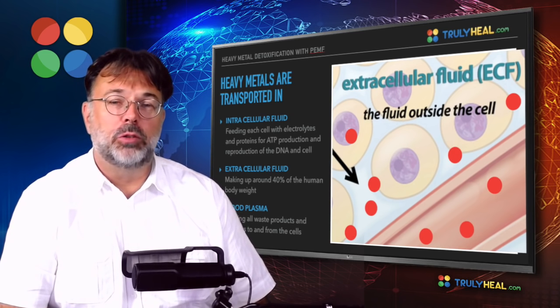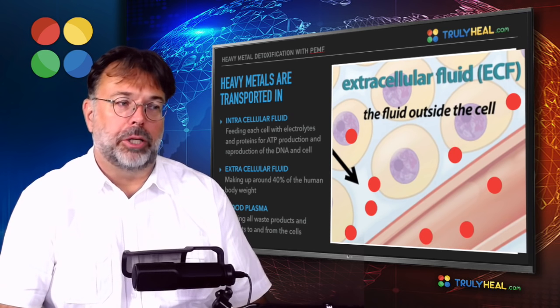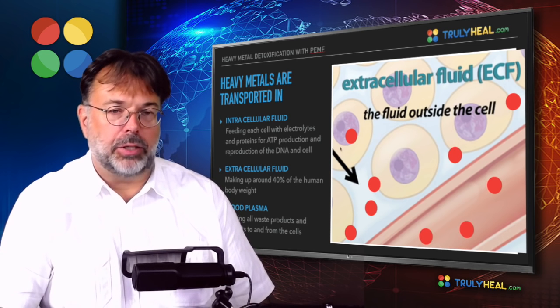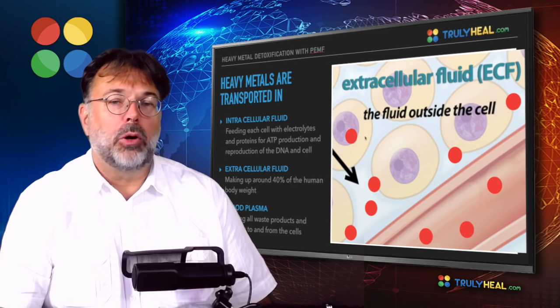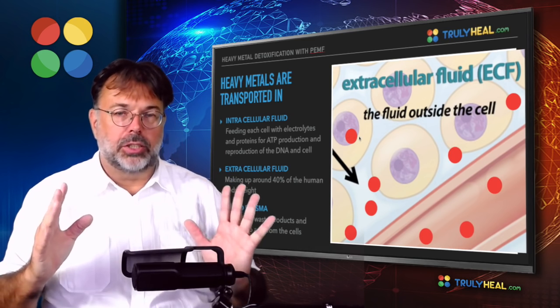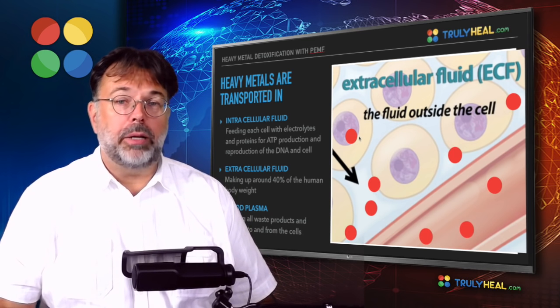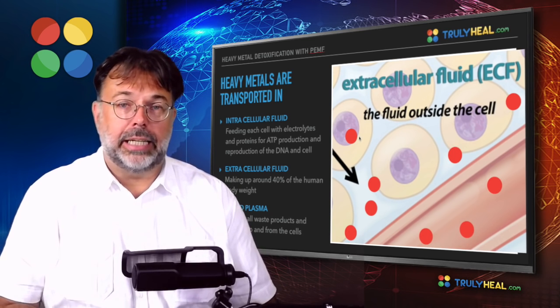They show you very clearly the process of pollution of the body. So when you have heavy metals or any kind of toxicity going into your body, it has different stages where it pollutes different areas of the body. Number one would be it goes through the skin into the